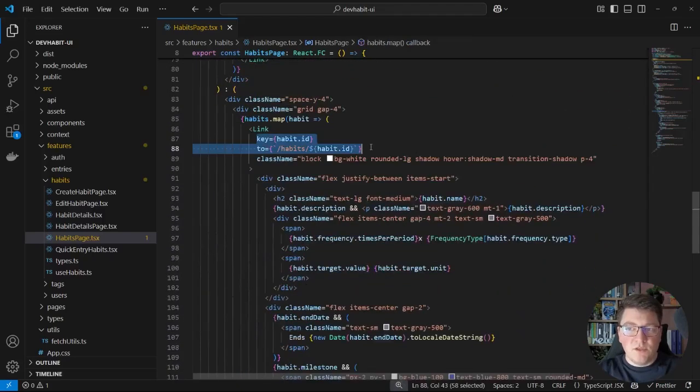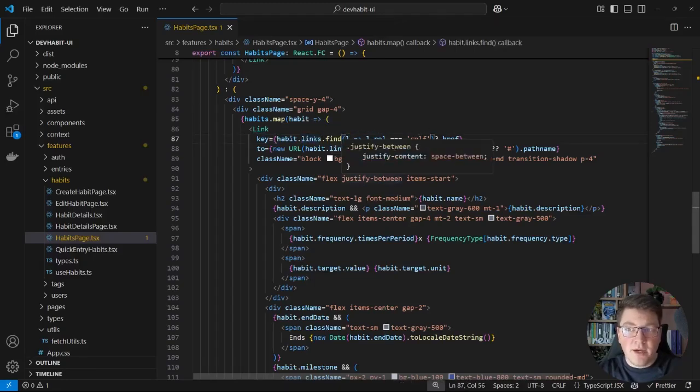to my component. In these two lines of code here, I'm iterating over the habits that I get back from the REST API. I'm specifying the key as the habit ID, which may be null, and I'm also using it to construct where to navigate the client if this component is clicked. So if I can't use the habit ID because it may not exist, I can use Hypermedia to derive this behavior. So what I can do here is look at the Hypermedia links on the habit itself and find the self-referencing link. Because I only need the URI, I'm going to create a URL object using the href value, and then just take the path name and specify this as where I'm going to link to when you click on